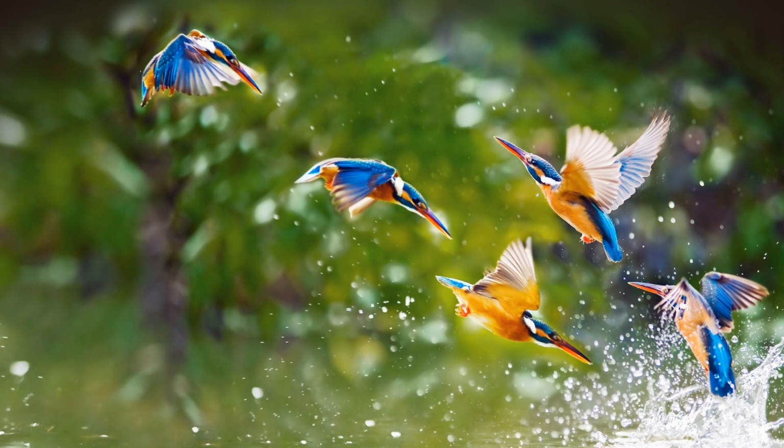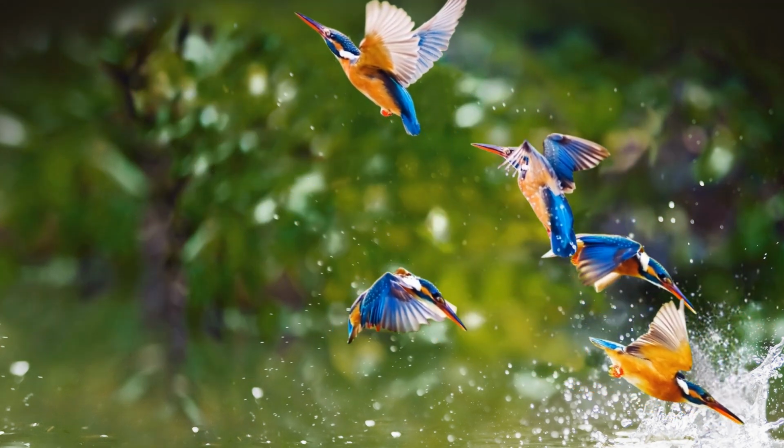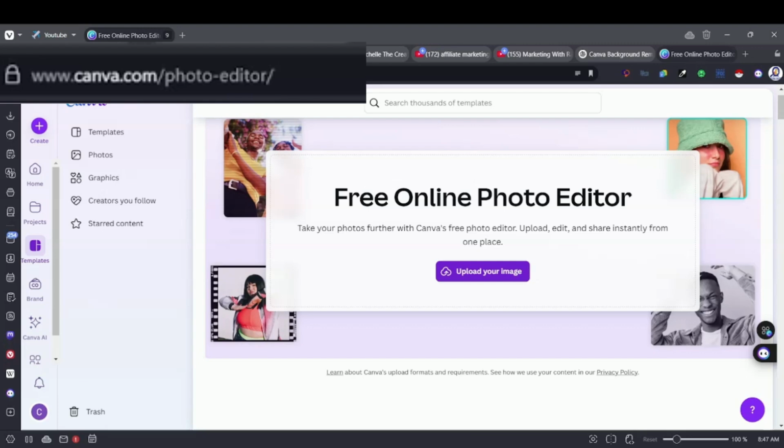Have you ever thought about how you can move or animate objects in your picture or an image? Today I'll be walking you through how to do that step by step in Canva, and you'll get a result just like this. Open your browser and enter the URL